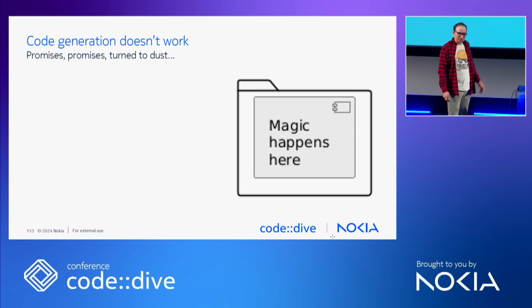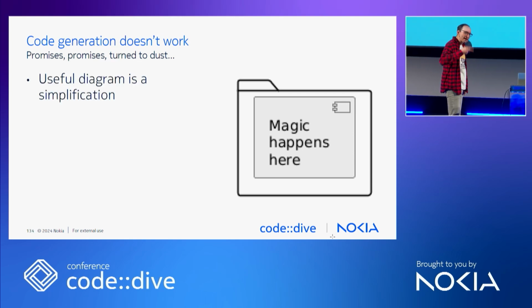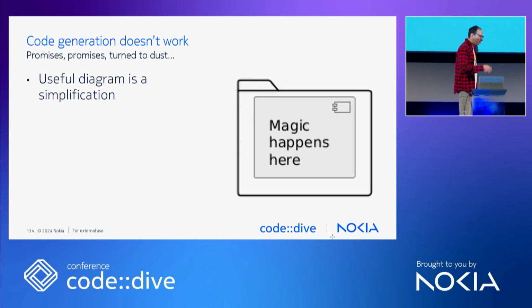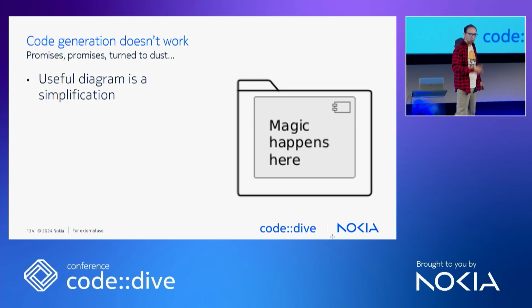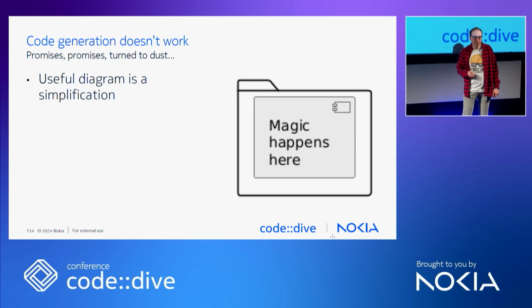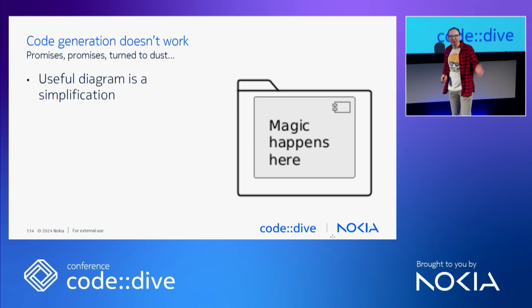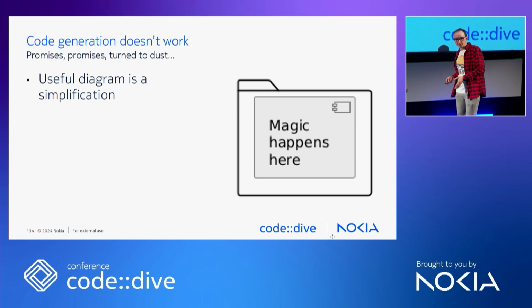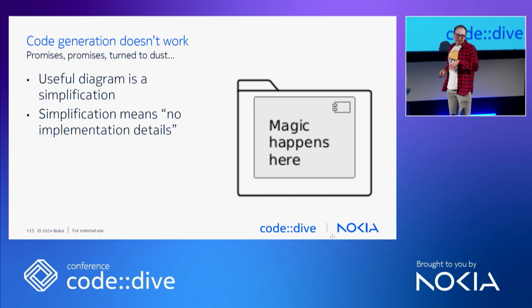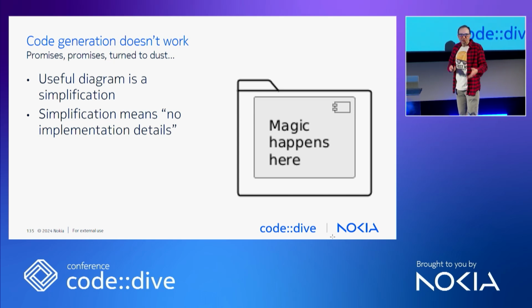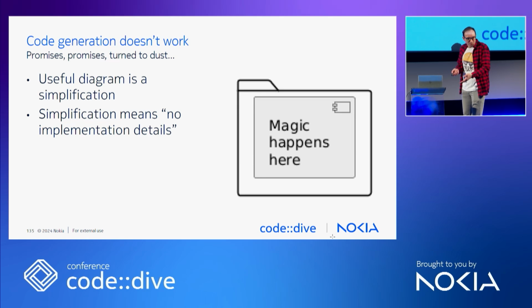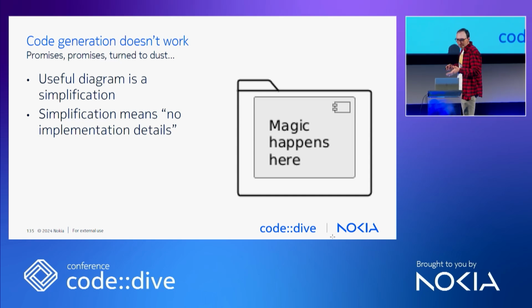And the reason for that was very simple. You see, if your diagram is to be useful, and by useful I mean to communicate something, to solve a problem, to understand the problem, it has to be a simplification. A simplification is something that omits all the unnecessary implementation details. And if you don't have implementation details, you will not be able to generate implementation from that, right? It's obvious when you look at this from that perspective, but you know, hindsight is always 20/20. People in the 1990s couldn't realize this simple fact.